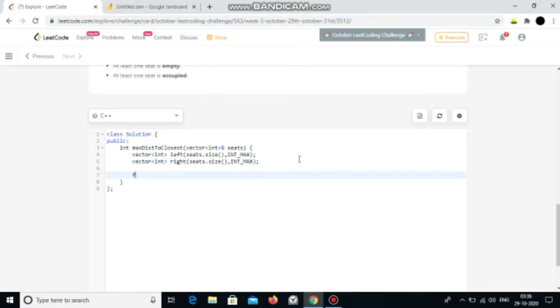Now I will run a loop and say int i equals 0. We'll fill both the arrays individually, so I'll fill the left array first: i equals 0 and i less than seats.size(), i++. So if my i is more than 0, I want to do something like left[i] will be equal to,